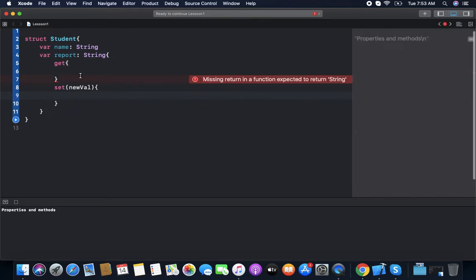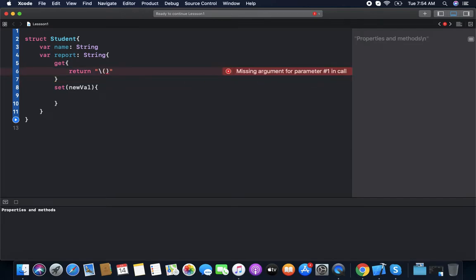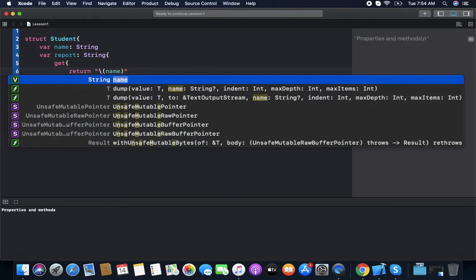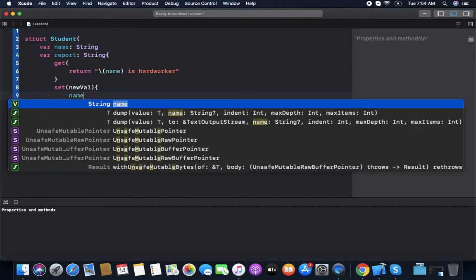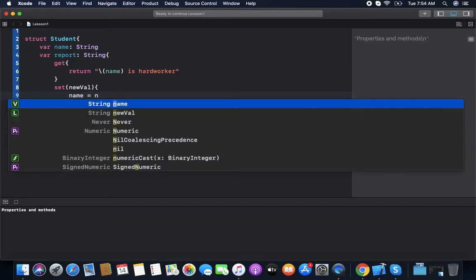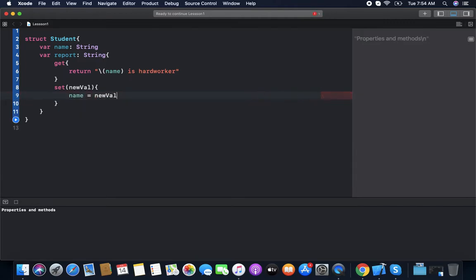Now when we try to get something, like return the value as a string, as name is a hard worker. We can set the report.